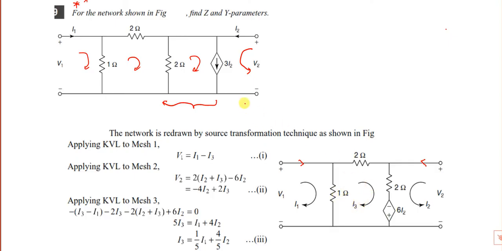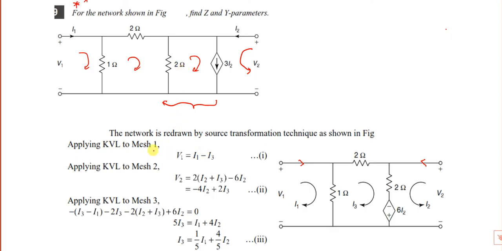Okay, we reduce these 4 meshes to only 3 meshes by transforming this dependent current source into a dependent voltage source. Always, for a current source the resistance will be parallel, for a voltage source the resistance will be in series. So this parallel resistance is converted into a series resistance because now it is a voltage source. Here it is a current source, so it is parallel. Now